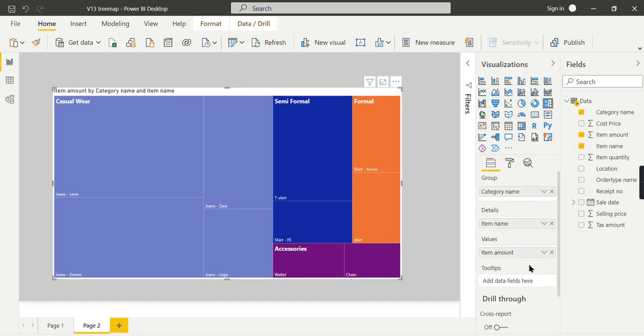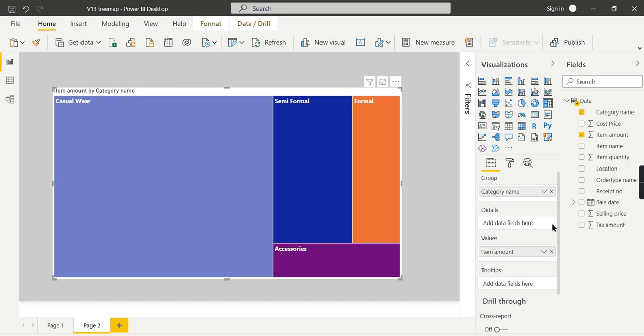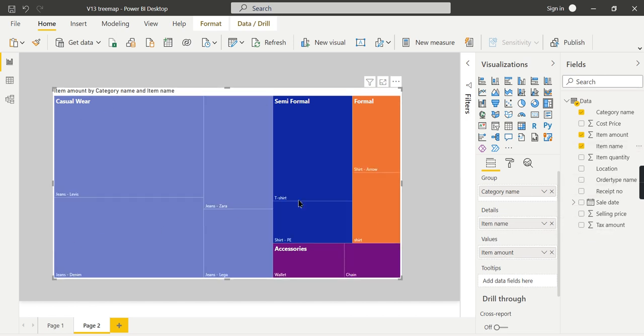As I mentioned before, you can analyze without this hierarchy, like category name only, or you can include the item name as well, so that it will have a split and you can compare the different hierarchy levels in the same shot based on the different distributions it has come from. So this is what it is.